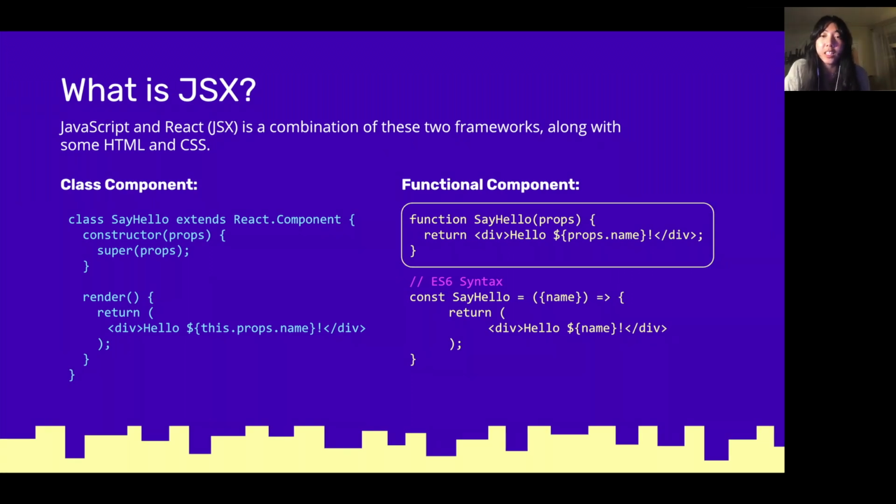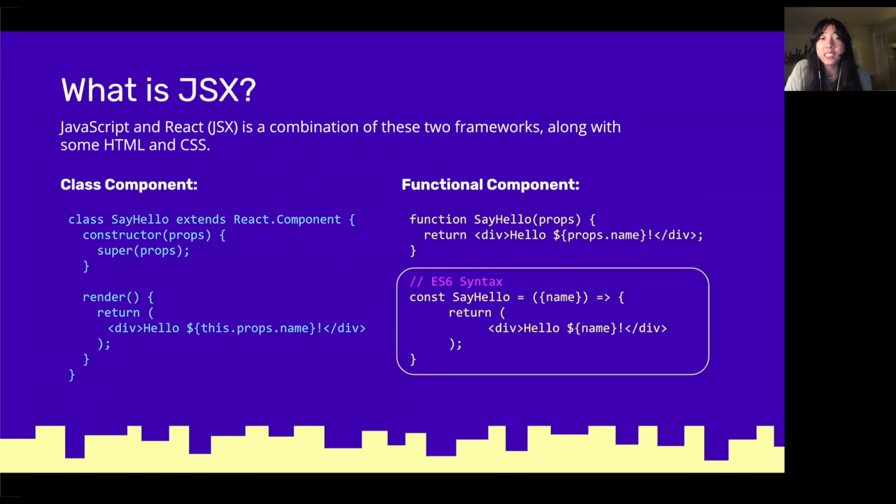Functional components, on the other hand, are written a little more compactly. You won't have a render function, you won't have a constructor. You can just directly access props from the input parameter, and you can directly return the element that you want to return. So both types accept props and allow you to access them the same way, but React allows you to use JavaScript's ES6 syntax for arrow functions and object deconstruction. If you're not really familiar with that, you don't really need to be. You just need to understand what components are in order to get started.